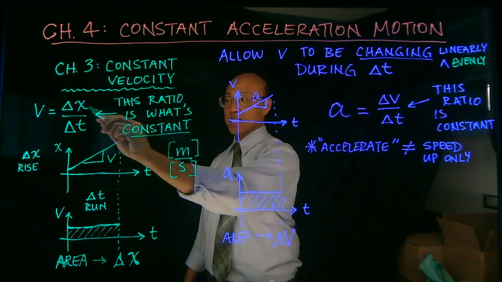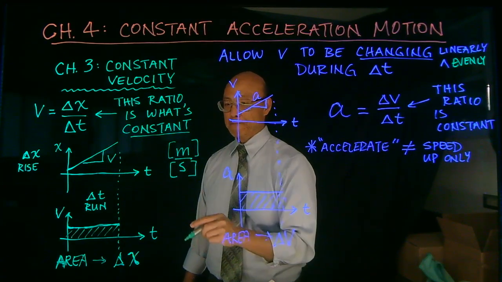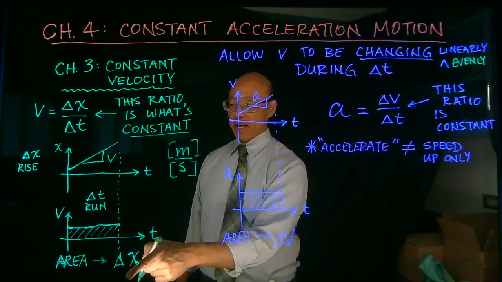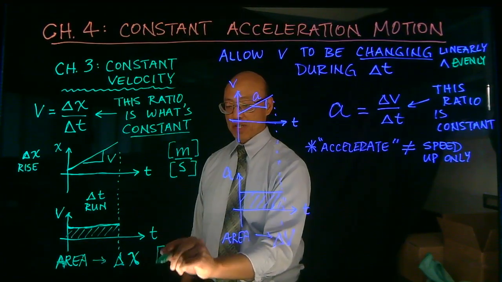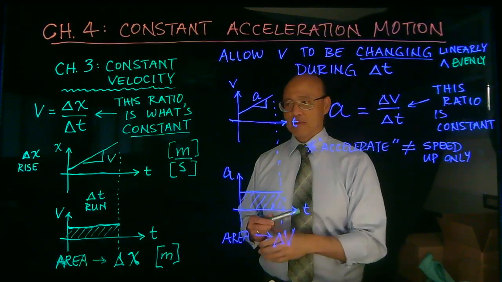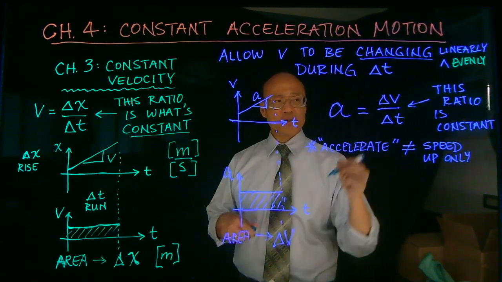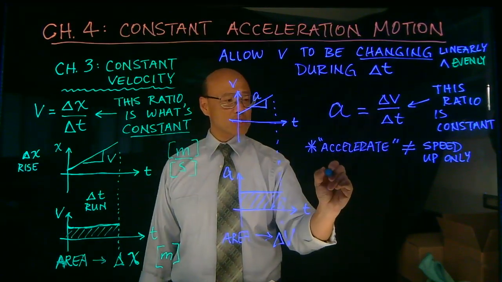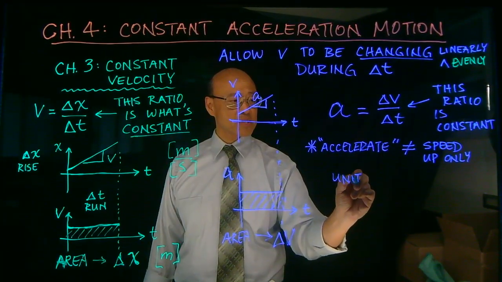This is meters per second, right? And when I found my area, my delta x is just going to be meters. Okay, let's talk about this guy. If you look at the equation, I've got a delta v over delta t. So if we look at the units of acceleration,